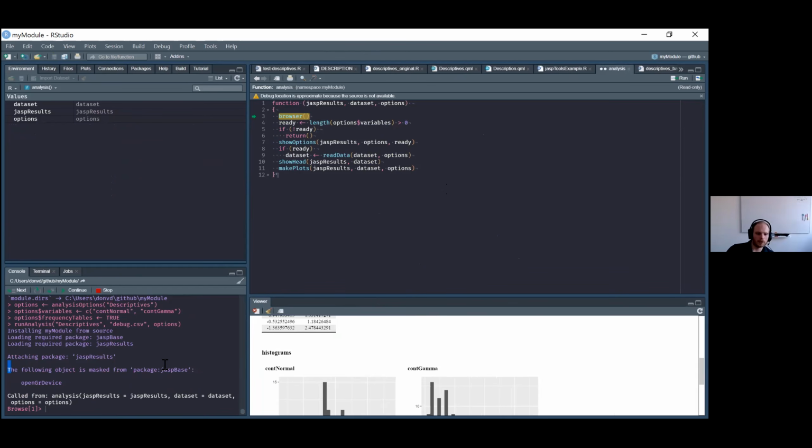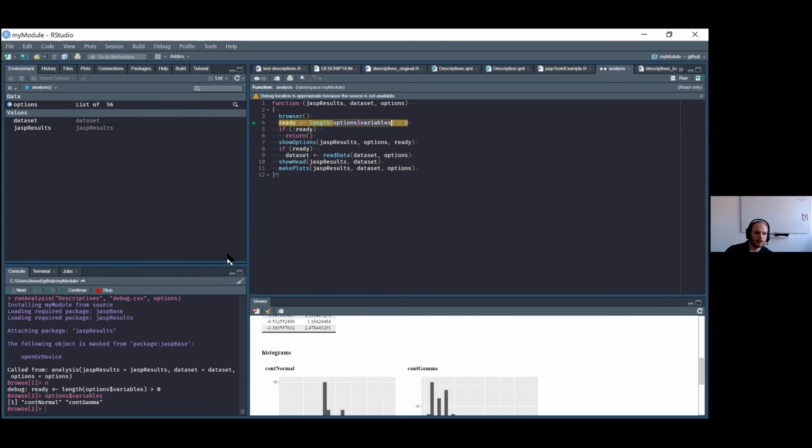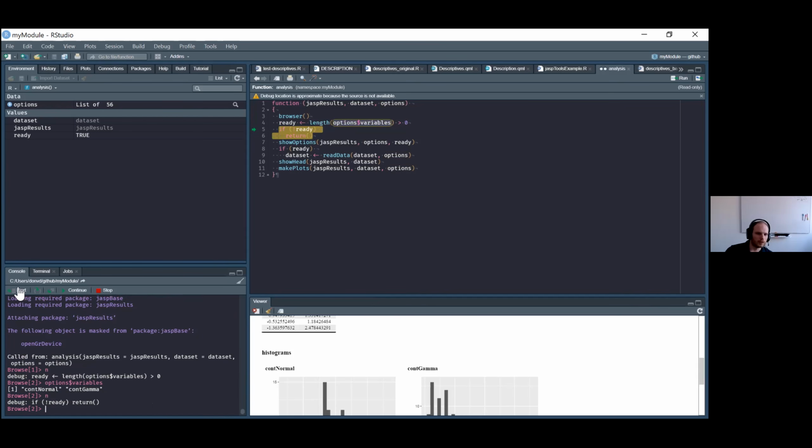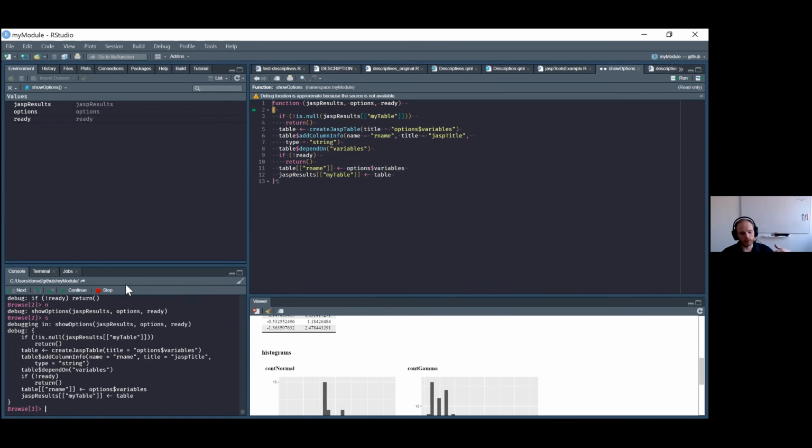And now we can actually look at everything again. But we can also go to the next line if we click here, or we can evaluate statements. So I could select this and look at what's in here. We can go to the next line. The next line could use this one to step into the function. And when you enter that function, you can actually debug line by line wherever something goes wrong,